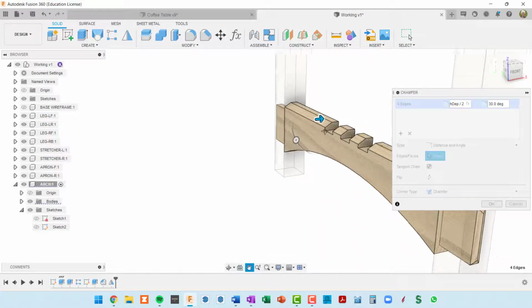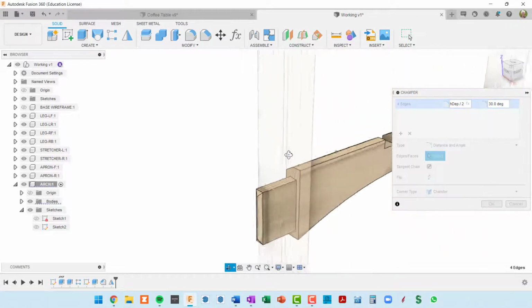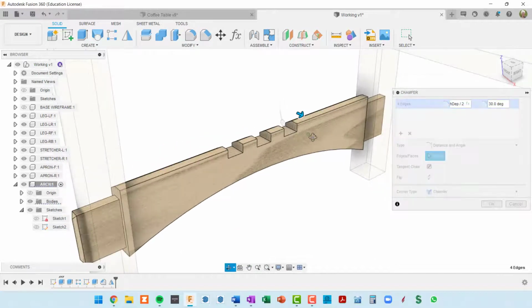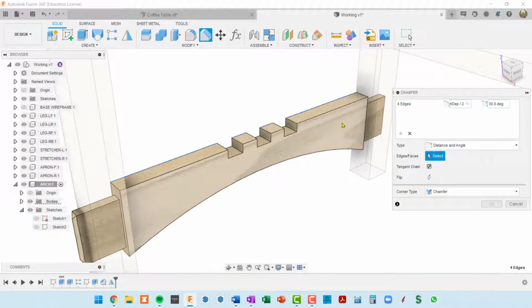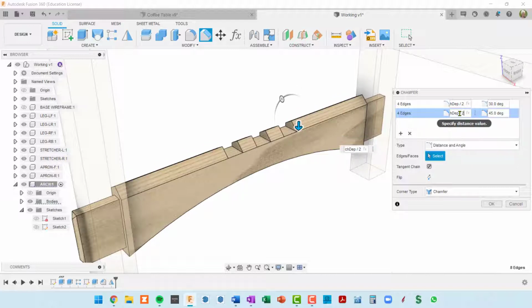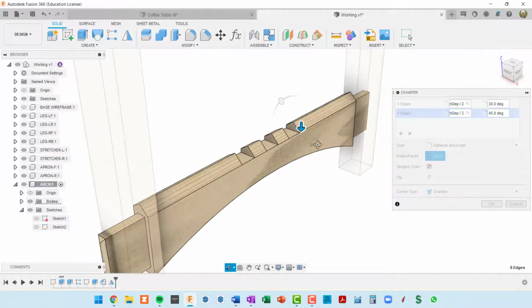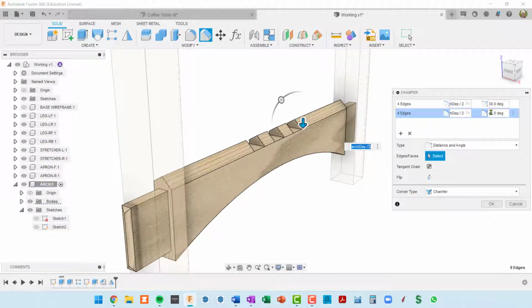it does. Okay, now I'm going to come around to the other side, and I'm going to pick 4 more edges. So I'll hit plus here. You see it looks like we lost the bevel, but it's still there. It'll still show up when we calculate this. So I'm picking 4 edges, and I'm going to put the same distance in, which is our arch depth divided by 2, and then I'm going to change the angle to 30,